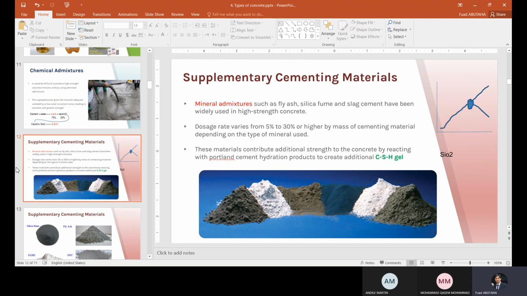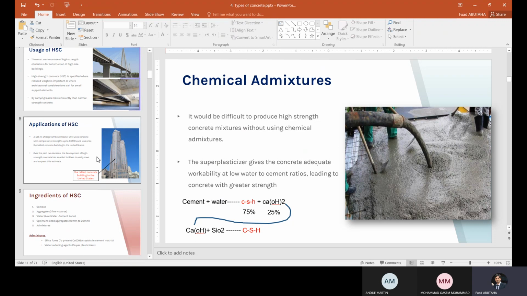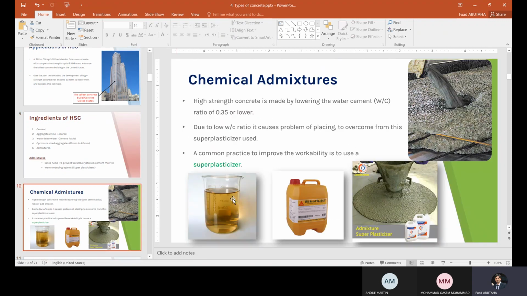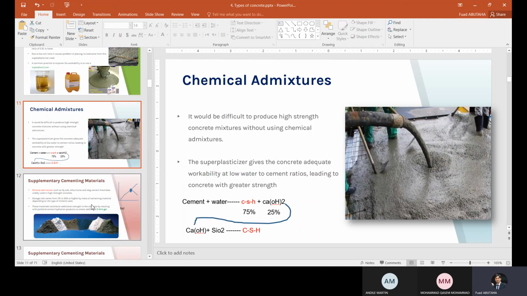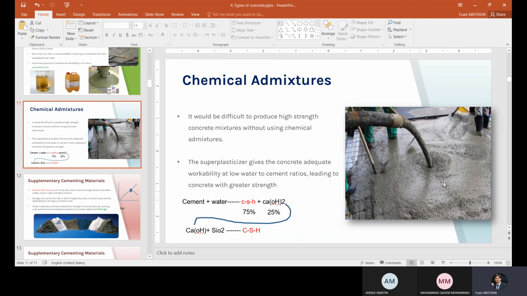So one of the methods to produce or design high strength concrete, the first one is by reducing the water cement ratio, and in order to achieve good workability we use superplasticizer. Also one of the methods here is by using mineral admixtures. These mineral admixtures can help further increase the strength of concrete,